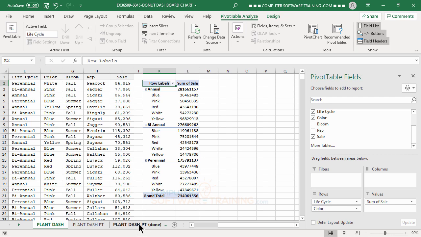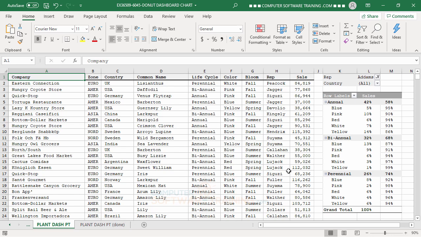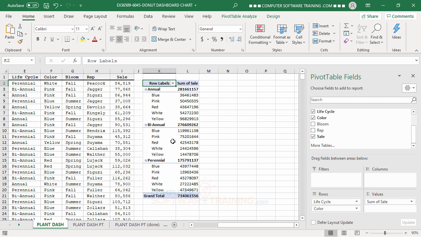Now, let me just show you what we had before. So we're in essence going to have the percentage rather than the actual value. In this situation, we'll go back to here and take these numbers and convert them into percentages. So instead of adding up the numbers for annual, adding up the numbers for biannual, and so forth, we're going to tell it to find what percentage these numbers would be of the total. So in other words, when we look at annual and we see this number here, what percentage is that of our total down here? So what we'll do, very easy thing, is just right click